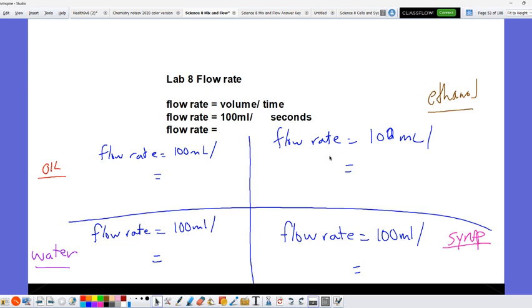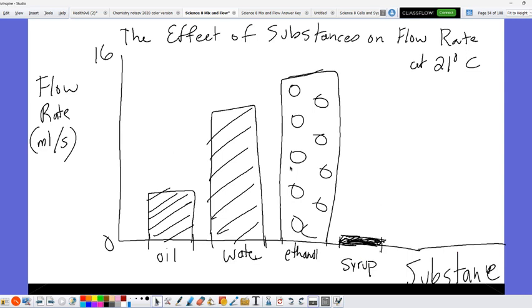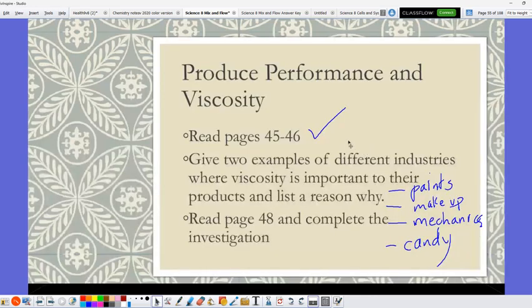We did a lab where we measured flow rate, how much would flow per second. I made a quick sketch of a bar graph, and we can see here the flow rate is highest for ethanol and the flow rate is lowest for syrup at 21 degrees Celsius. Then we read through pages 45 and 46 together, and some examples of different industries where viscosity is important to their products, like paints, makeup, anything to do with mechanics, making of candy, and we read page 48